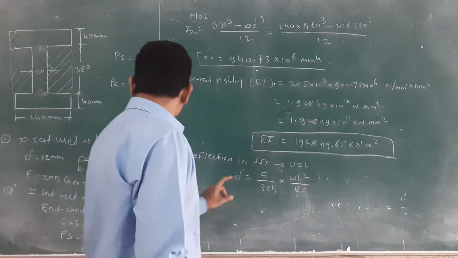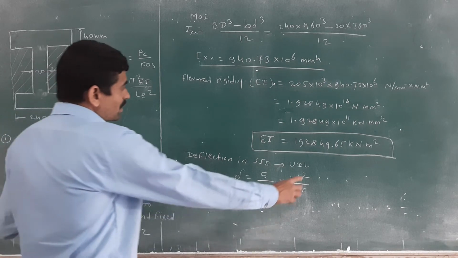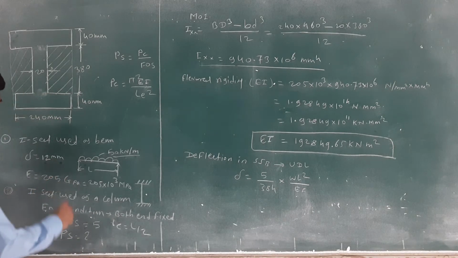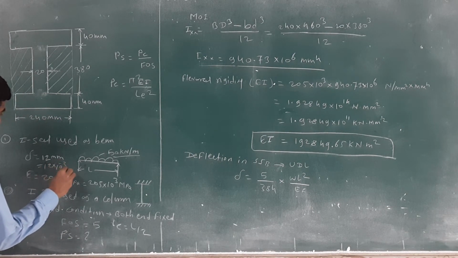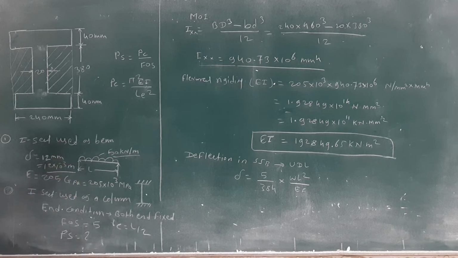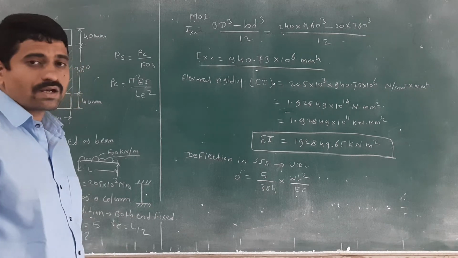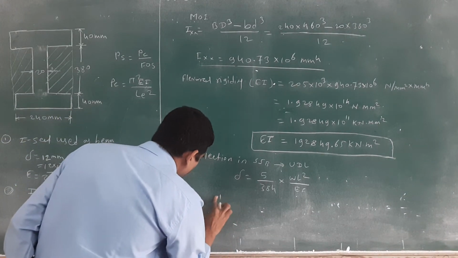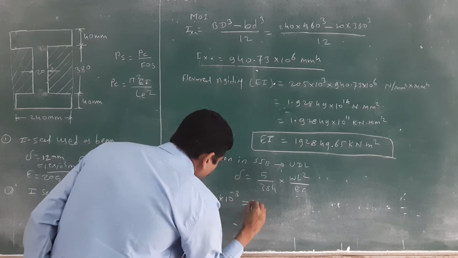Check that again. What is the value of delta? Well, mm is there in it, but we have converted all units to meter. Then how to convert this 12 into meter? Yes, anyone? 12 into 10 raised to minus 3, or divided by 10 raised to 3. That's why I will put here minus, 12 into 10 raised to minus 3 is equal to